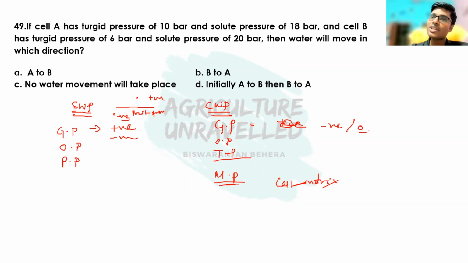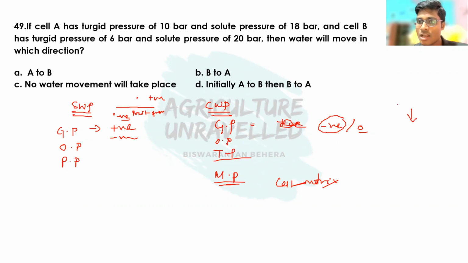So gravitational potential is zero when the plant height is very small, like our field crops. In field crops, the gravitational potential is negligible, and normally we ignore it. But in tall plants, the gravitational potential is considered, in which the gravitational potential is negative, because the force of